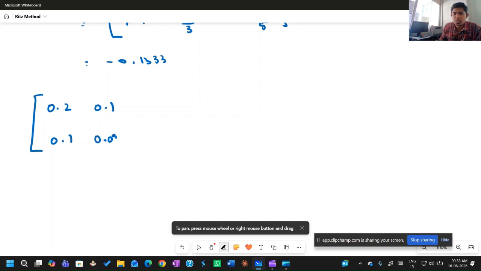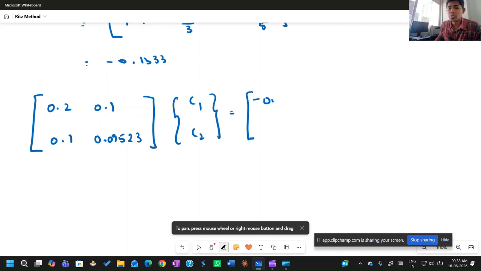This is 0.09523, and we have the Ritz coefficients C1, C2, and this should be equal to minus 0.166 minus of minus 0.333, and this is minus 0.08333 minus of minus 0.133. Okay,